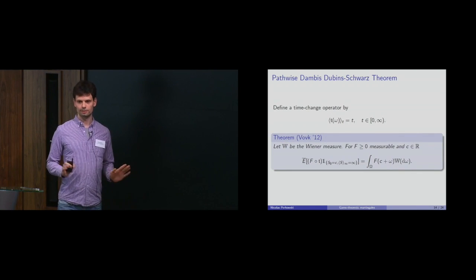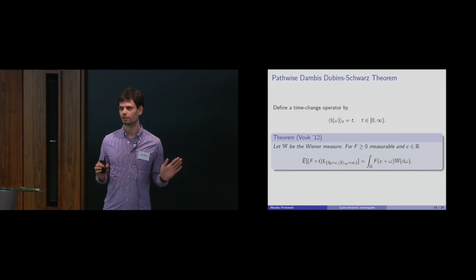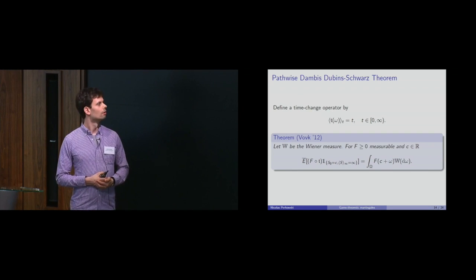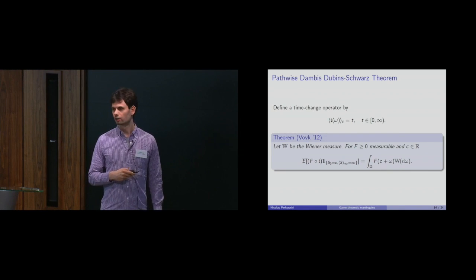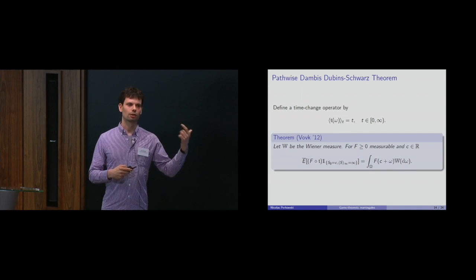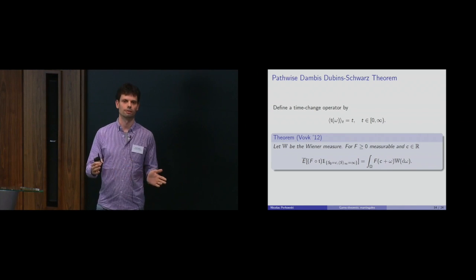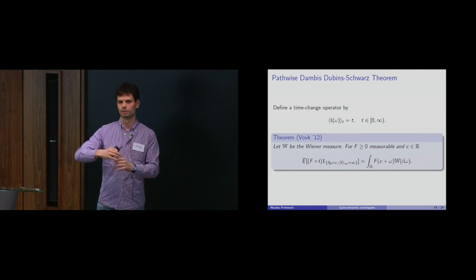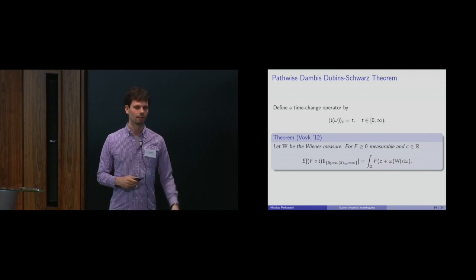But the best result in this entire approach is due to Wolf, and this is really an amazing result. It's the pathwise Dambis-Dubins-Schwarz theorem. So Wolf defines a time change operator. I told you typical price paths have a quadratic variation, so you can talk now about the quadratic variation. If you look at the set of all continuous paths, nearly none of them will have a quadratic variation. So the set of paths with quadratic variation is very, very poor in the set of all continuous functions. But for the typical ones, it is there.